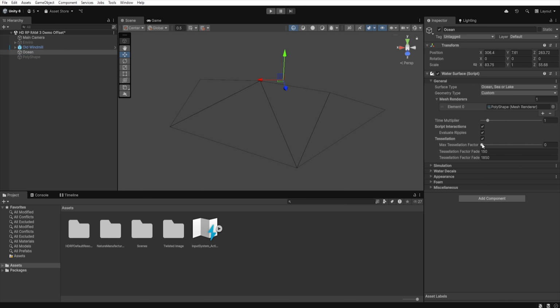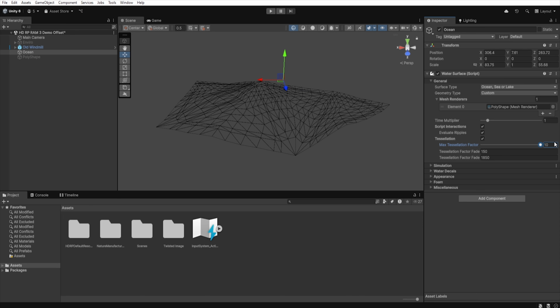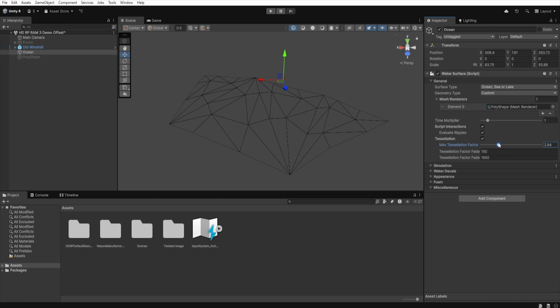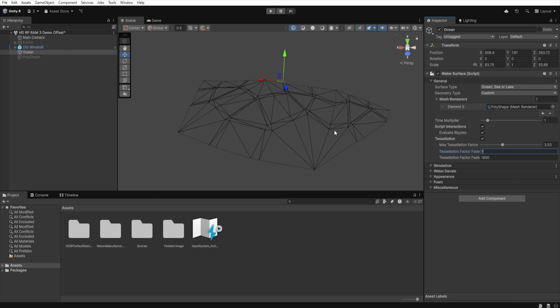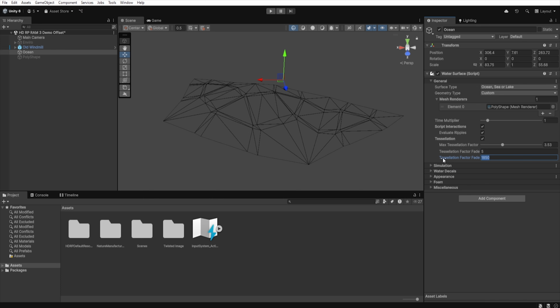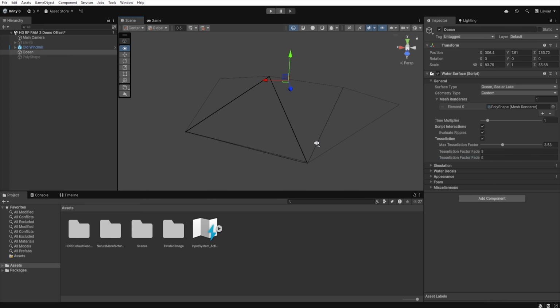With the slider, we can set how many triangles we want to add to make our water smoother. With tessellation factor fade start, we can set the distance at which those extra triangles start disappearing to avoid overloading the system. And with tessellation factor fade range, we can set how far from the start point the extra triangles